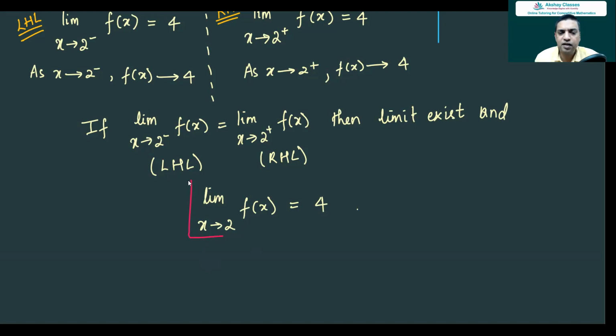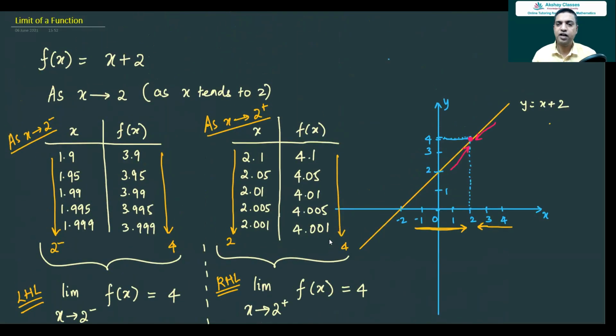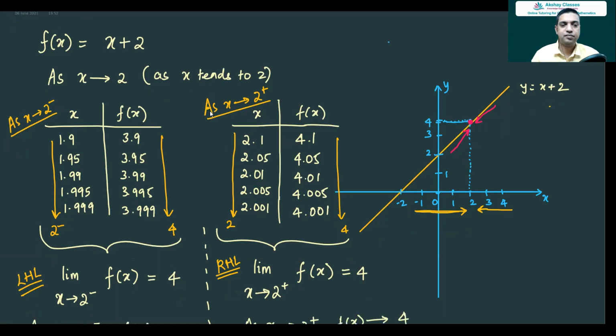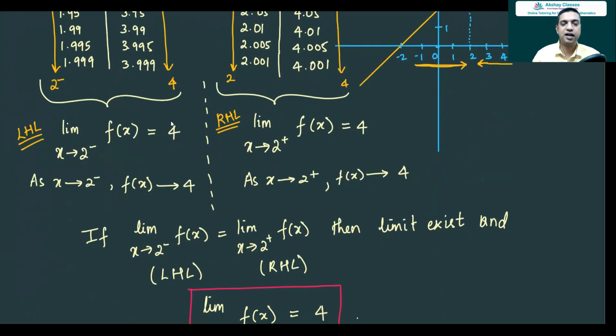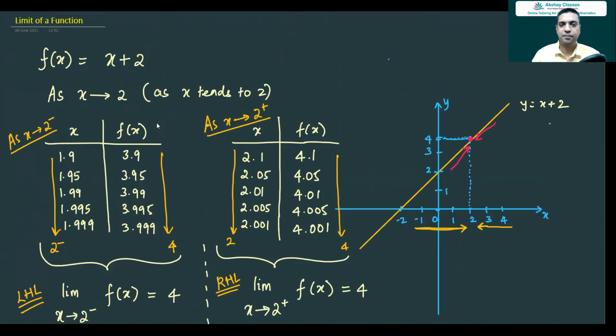This is the fundamental concept of limit said in a very simplistic and easy manner. For any function, if I am approaching a particular value in x, what value does f of x approach? f of x may not be equal to that value, but f of x is approaching that value. Sometimes, for a constant function, it can be equal to that value. So this is the fundamental concept of limit.